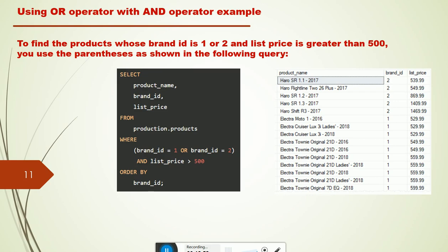That means either brand ID 1 or 2 and list price is greater than 500. See here, all the list prices are greater than 500 and the brand ID is either 1 or 2. I hope it is clear to everyone.